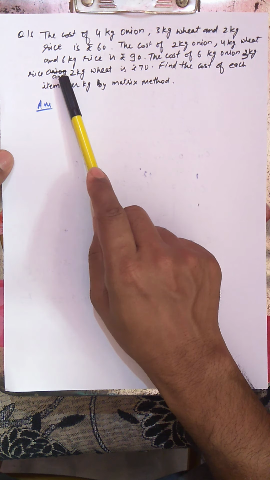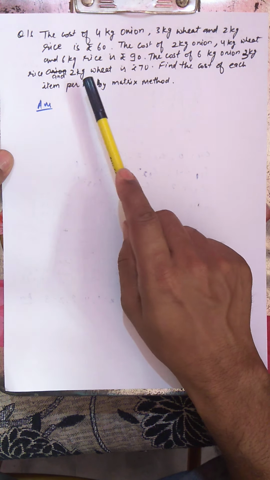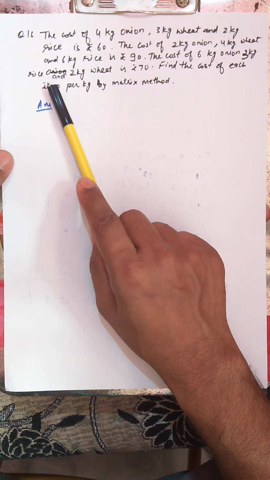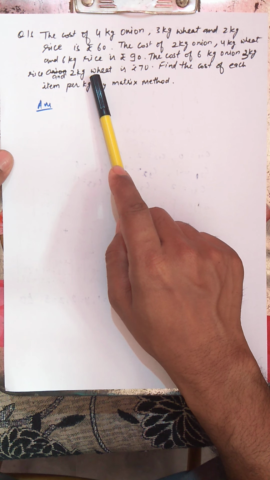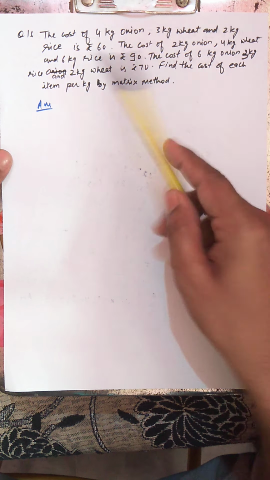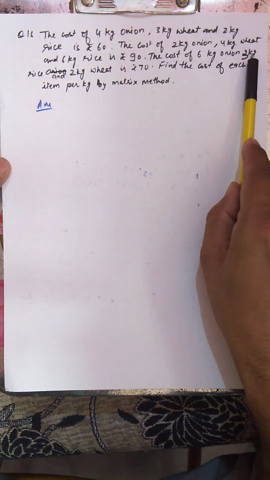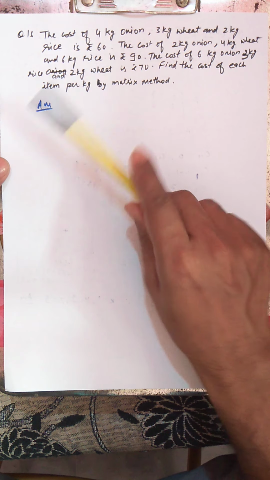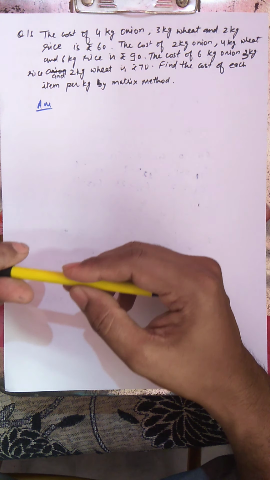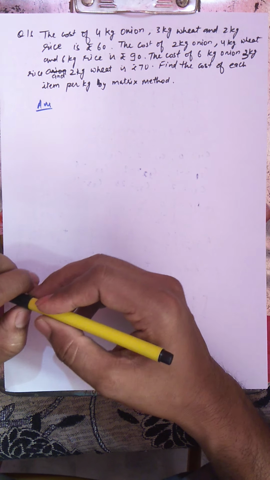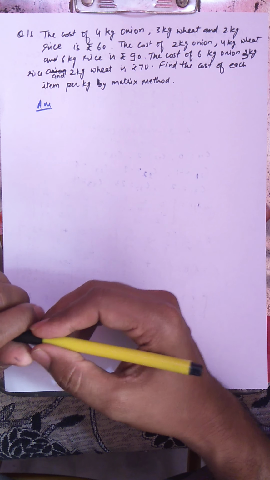Here I deliberately wrote this 3 kg first. This 2 kg should come here in place of 3 kg, but I did it deliberately because many students make the mistake of not following the order properly. In a hurry, if I write 2 here, they will write 2x, and for this they will write 3y. So you have to be very careful while dealing with such questions. This order is very important. Keep in mind, the examiner might play with your mind, just to check whether you are able to concentrate in the exam.